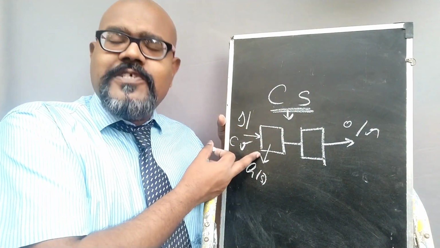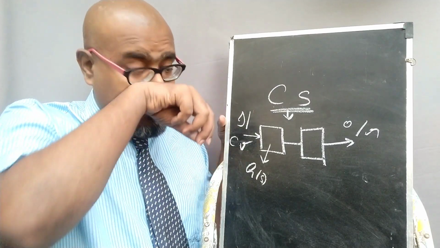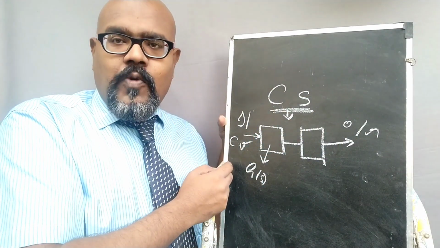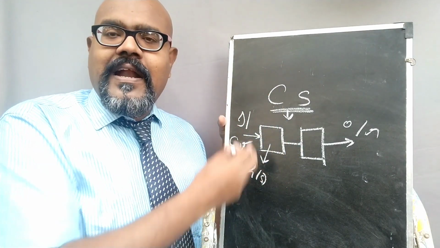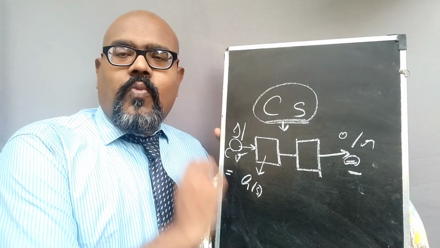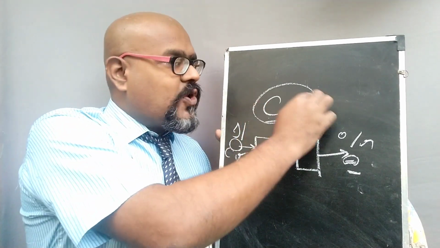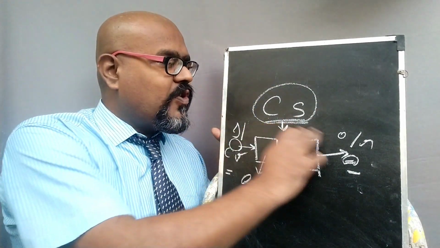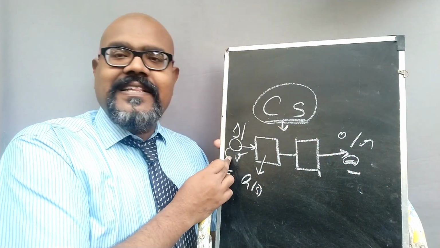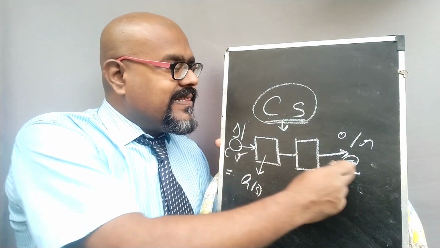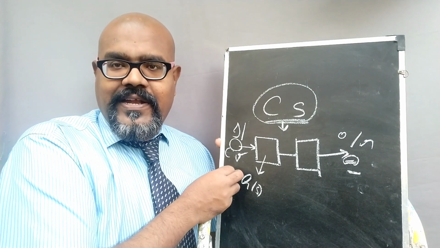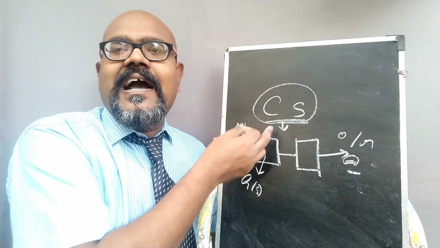Whether it is a controlled system or not, how can we prove it? We give an input, then we get the output according to the elements' parameters and functionality. What is the proper definition for the control system? This is the output response, and this is the input quantity. If this output quantity is controlled by varying the input quantity, then the system is considered as a controlled system.